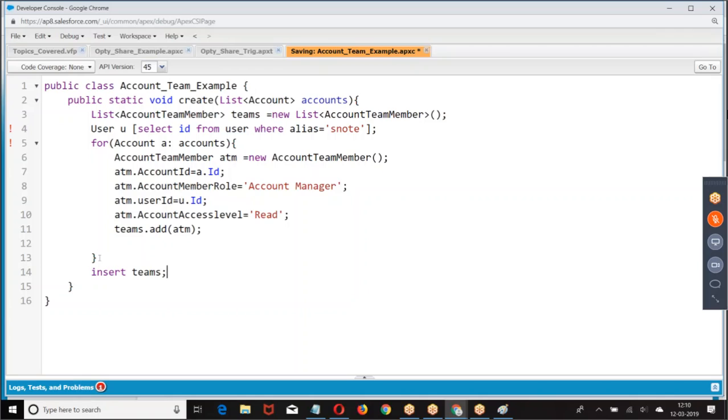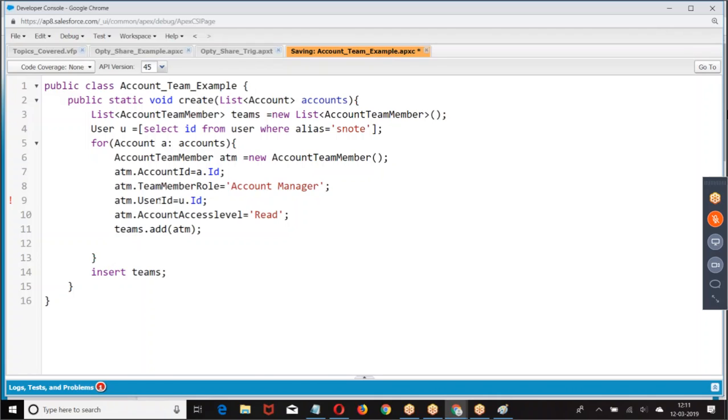So what I was trying to do, look at the point. Team member role, account manager, user or group ID. What is it? User ID, u dot ID. So look at the point.